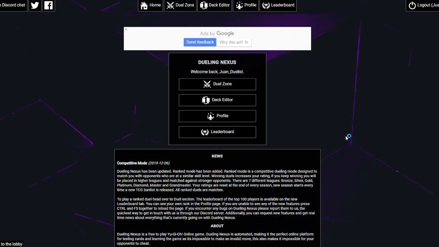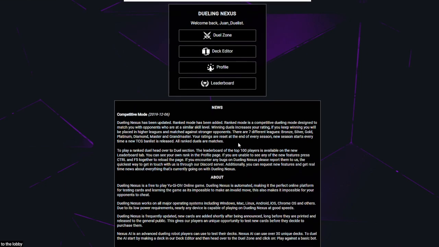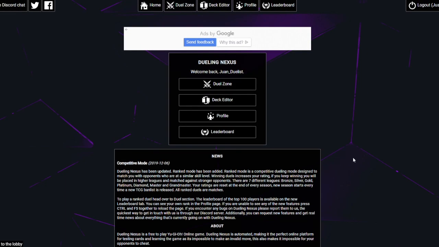The first thing you'll notice about Dueling Nexus is that it's by far the most mature and aesthetically polished in its UI design of any Yu-Gi-Oh! platform. The buttons and recent news, such as current donation efforts, are not shouted at you with pop-ups, but instead denoted as neat text or figures. There are 4 main zones to Dueling Nexus, and we'll go through each of them in turn, starting with the